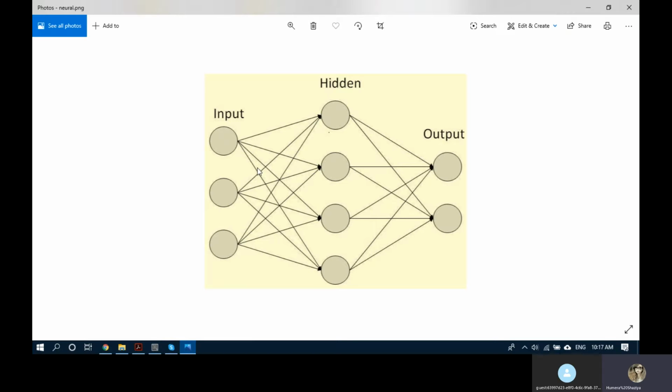This is having only a single hidden layer. This is used only in very simple and straightforward kinds of applications, but for a high-end and complicated kind of problem, this structure cannot solve the problem. You have to use